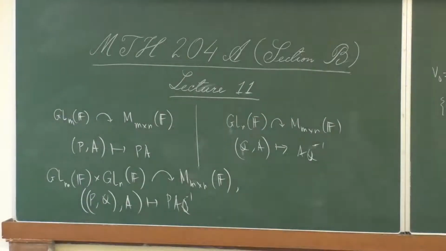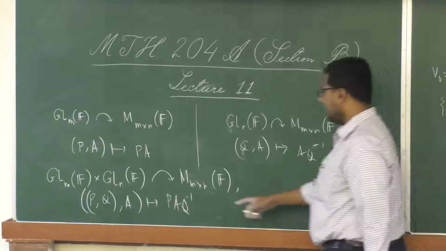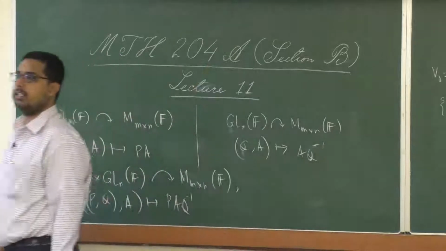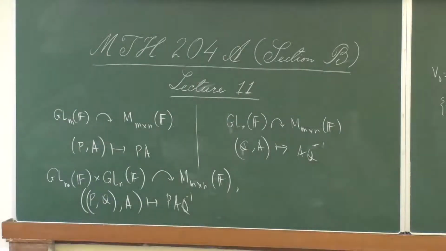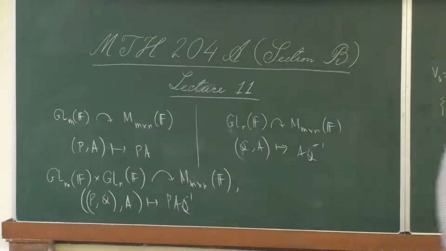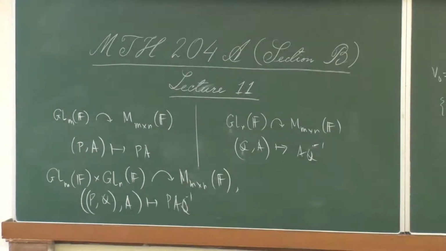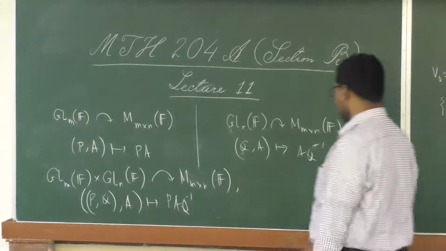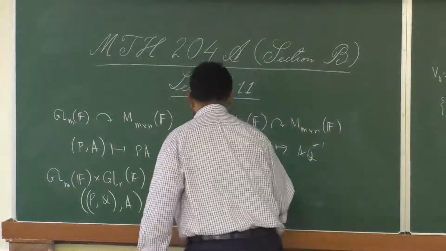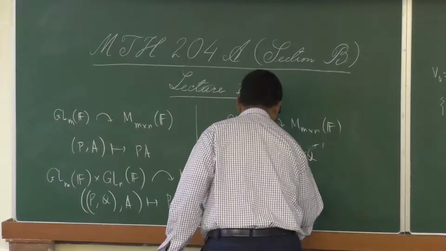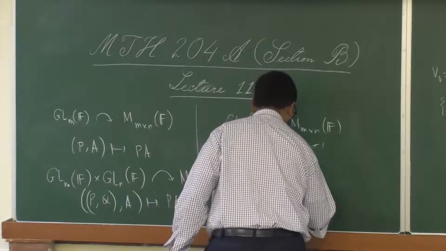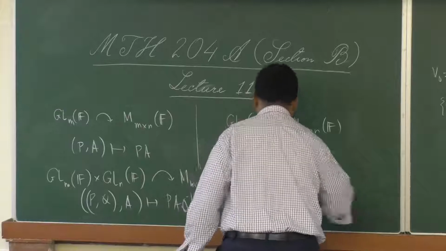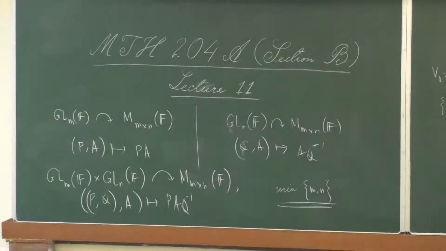I leave it to you to check that this indeed defines an action. And then what about the orbits under this action? It's a simple exercise in linear algebra that it has exactly min(m, n) orbits,